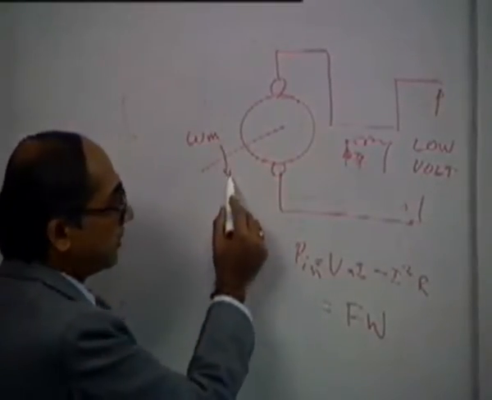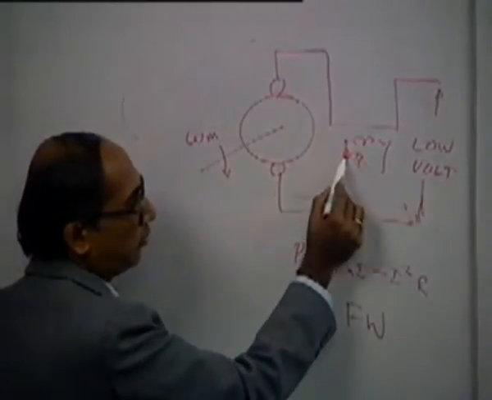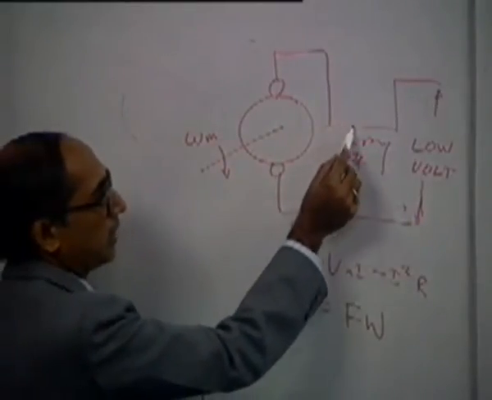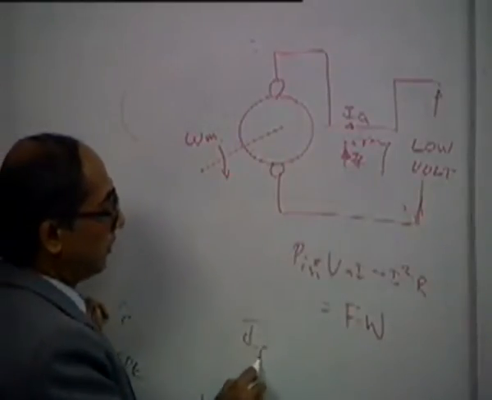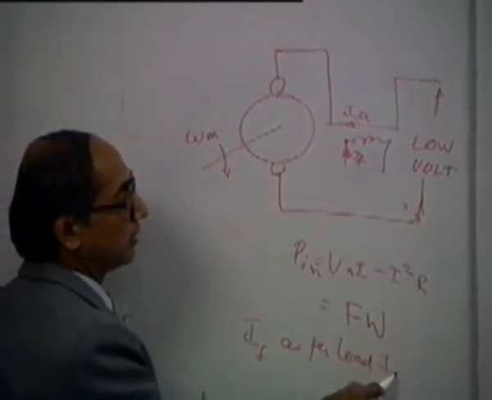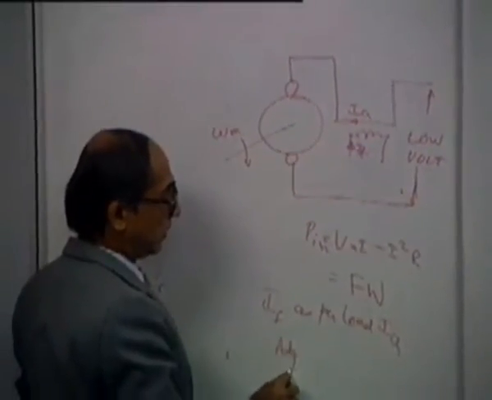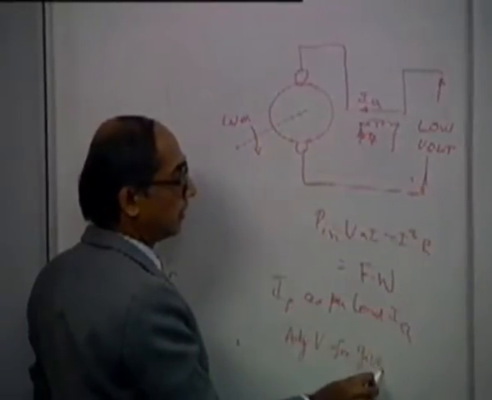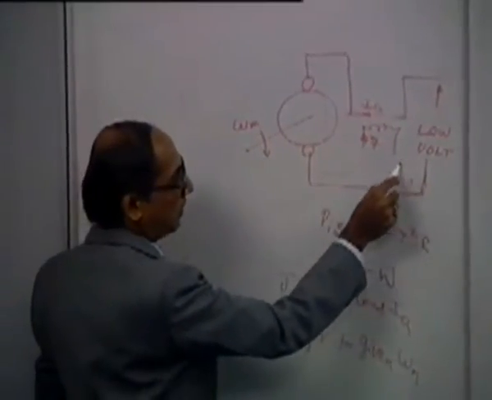For different speeds you adjust the voltage, that means you fix the field current IF corresponding to the armature current, as per load IA, then adjust V for given speed. So if you do this and measure the power input here,